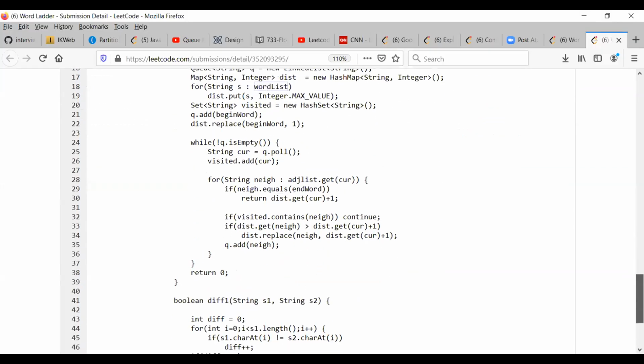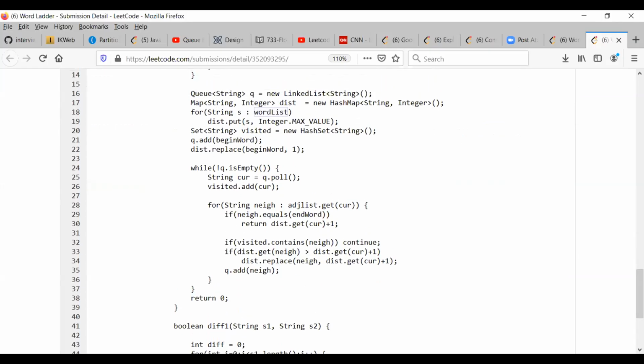Can we know about the time complexity of this solution? Pardon? What is the time complexity of this solution? It should be order of n, right? In the worst case, also, you made this diff function below, boolean diff one.